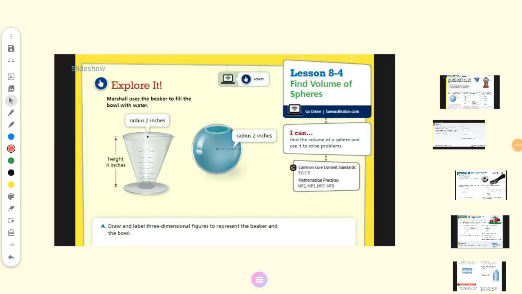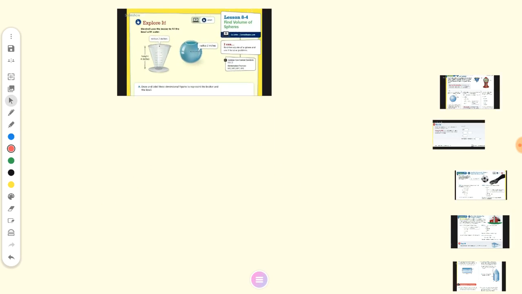We will describe today how to find the volume of a sphere. Before, we studied the volume of a cylinder and the volume of a cone, and today we will study the volume of a sphere. In a very simple way, I need you to remember it first. Volume of sphere, V sphere